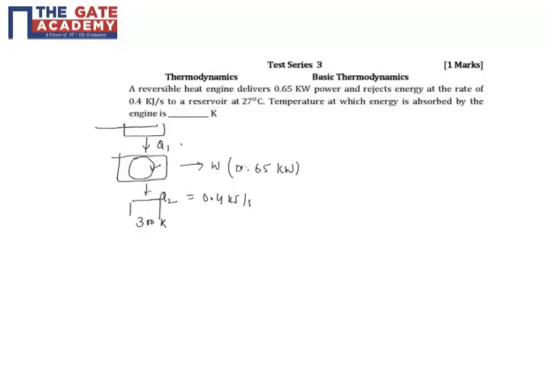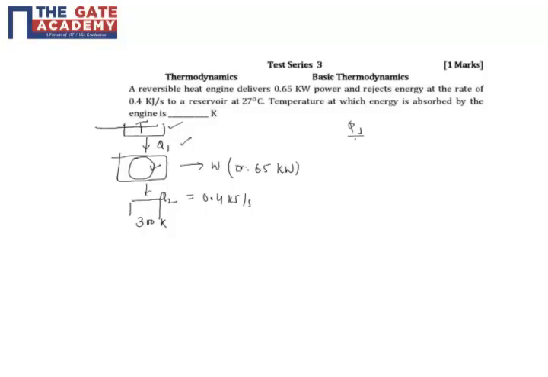Q1 is the heat absorbed by the heat engine, taken from a higher reservoir. What we want to find is the temperature of the source. We don't know Q1. So, remember that when you have a reversible engine,